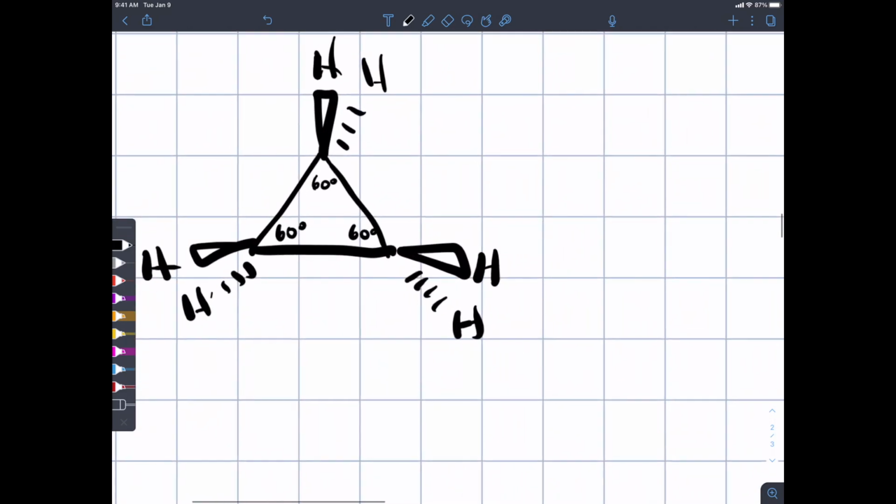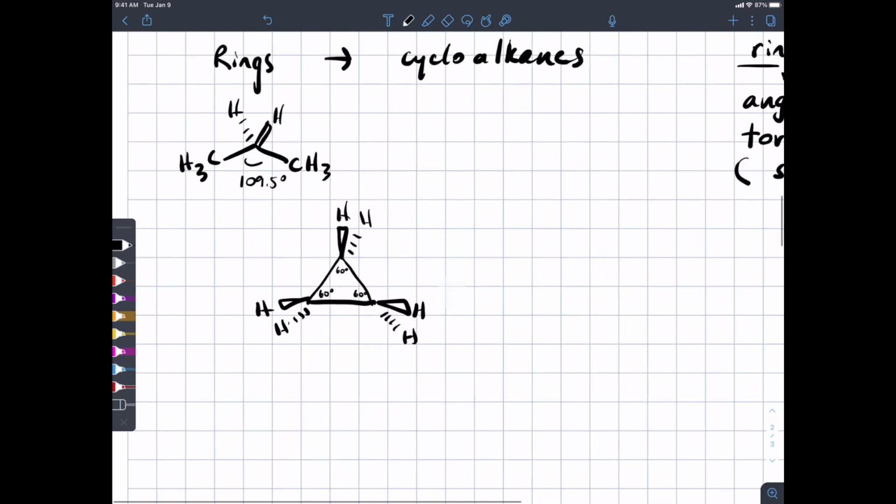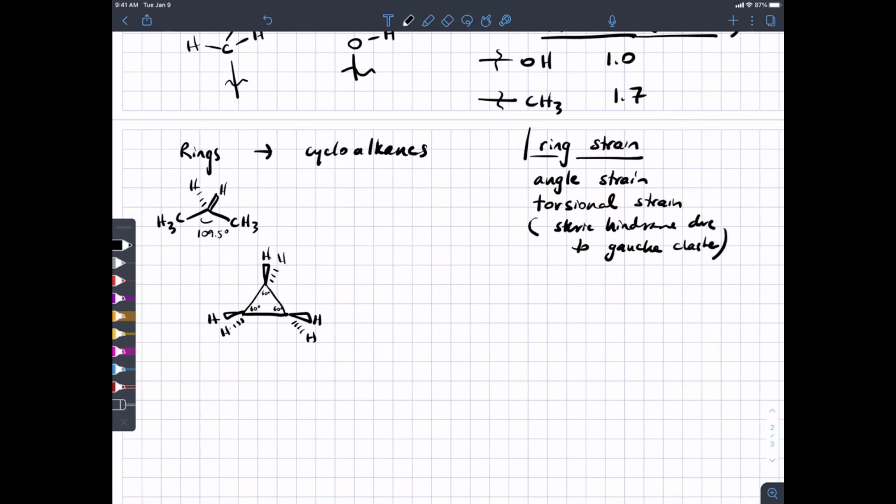But that bond angle is tighter than it's supposed to be. So that would mean an sp3 carbon needs to distort its geometry to push bonds that would rather be further apart because of electron-electron repulsion to be closer together. That's called angle strain. Now, it's not enough to prevent formation of the ring. There's a lot of cyclopropane rings in organic chemistry. But if you compare energies of the acyclic molecule versus the cyclic one, there is some ring strain